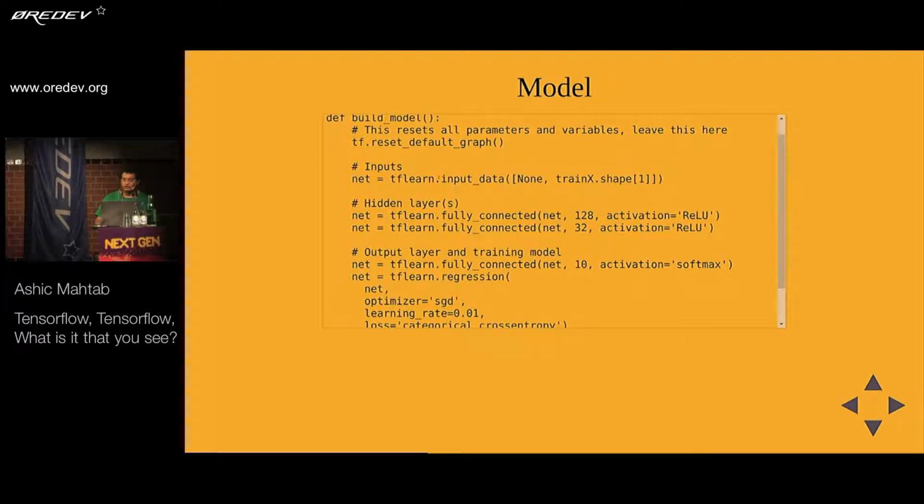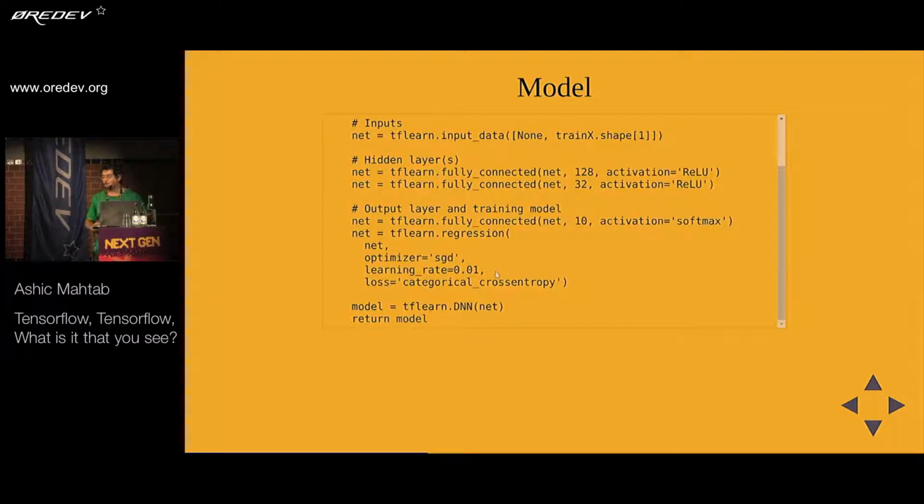So this represents the input layer of our neural network. This represents one of the hidden layers. So we have an input layer followed by a fully connected layer. A fully connected layer is basically a layer where every single input is linked to every single output. So the output of that layer is going to depend on all of the outputs from the previous layer. Right. So we have one fully connected layer. We follow that up with another fully connected layer, and then we get the output, which is another fully connected layer, and then we tell it to run regression.